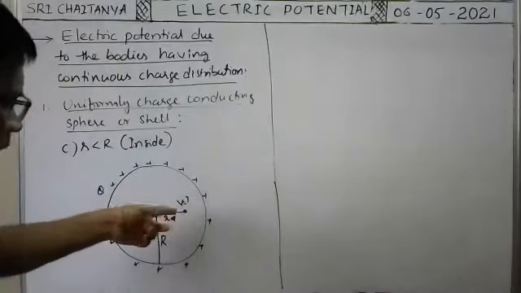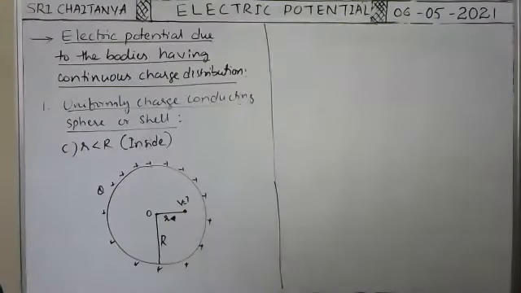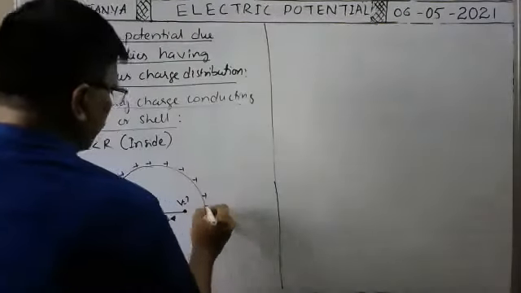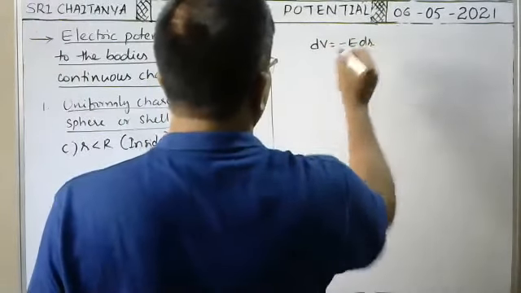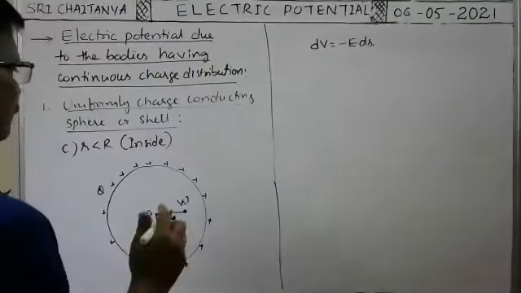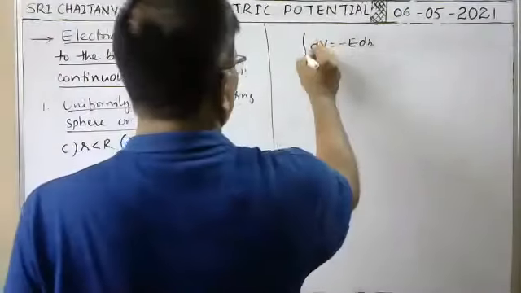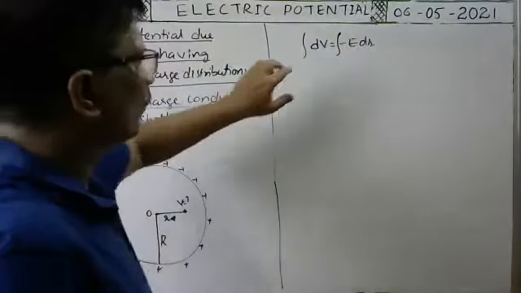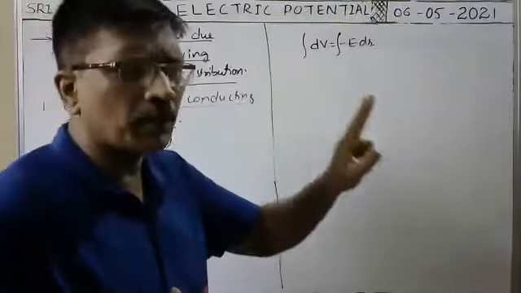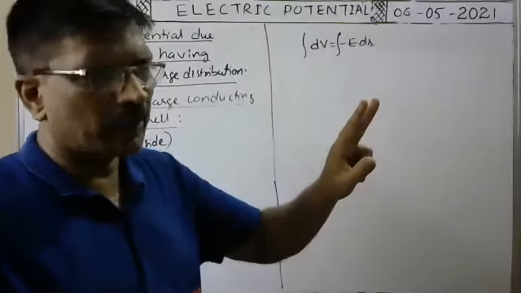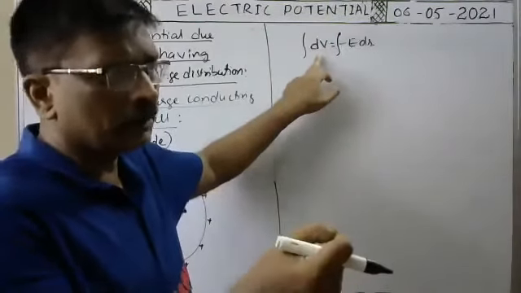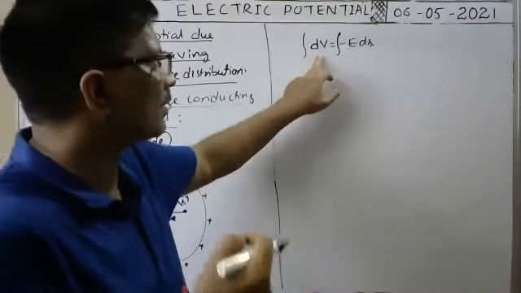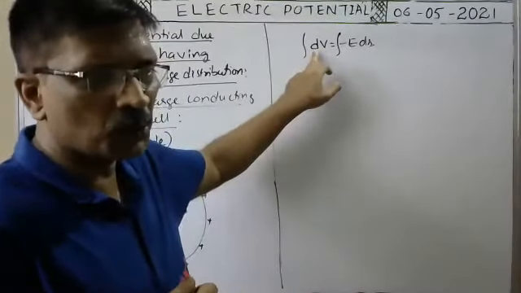Now, at any point inside the conducting sphere, we have to find the electric potential. We have to derive the formula for electric potential. Note here also, dV is equal to minus E into dr, where E is the intensity of the electric field at any point inside. Now, do integration. Actually, dV is the potential difference between two small points, that is the amount of external work to be done to bring a unit positive charge through a small distance dr.